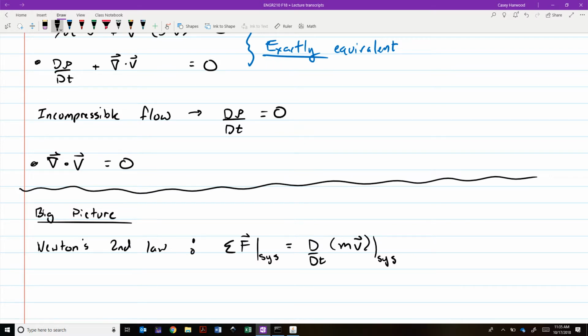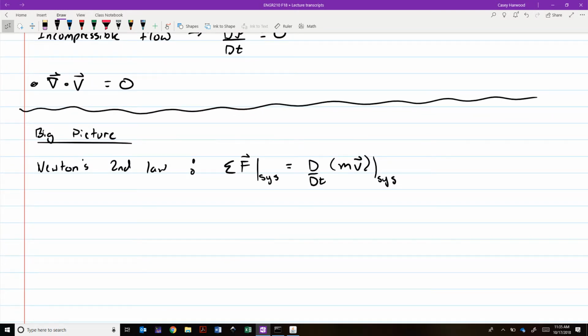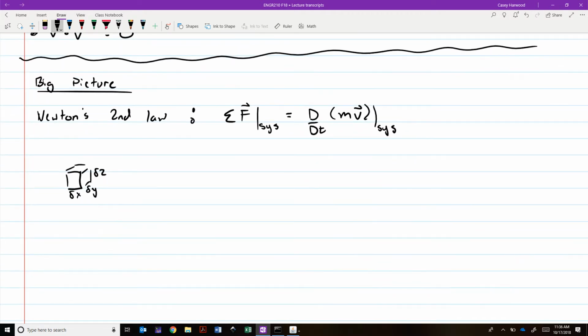I'm skipping a bunch of steps right here, but there are two ways we could apply this to a tiny little cube of fluid. Say we have a cube that's delta x by delta y by delta z. We could apply the Reynolds transport theorem to this tiny, vanishingly small cube and take the limit as delta x, delta y, delta z all approach 0. Or we could take a systems approach, treat everything in this cube as a system, and apply Newton's second law to it. Either way you do it, and I believe they're both in the book, what you're going to get is